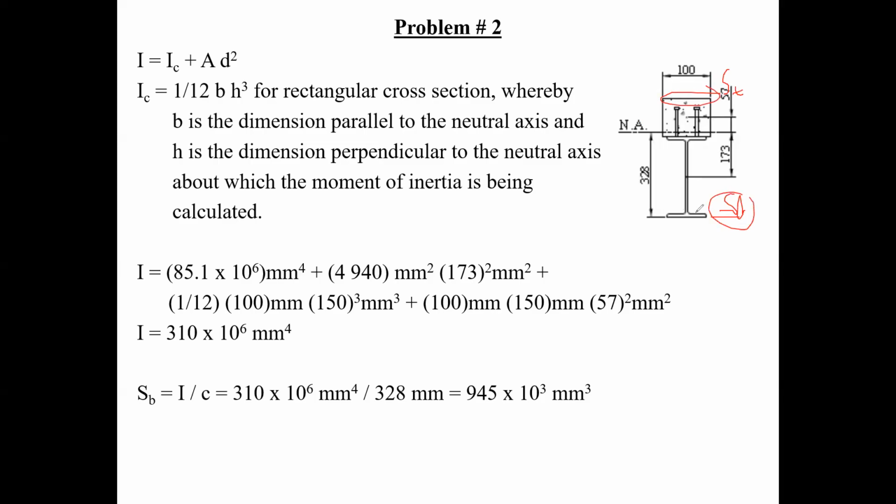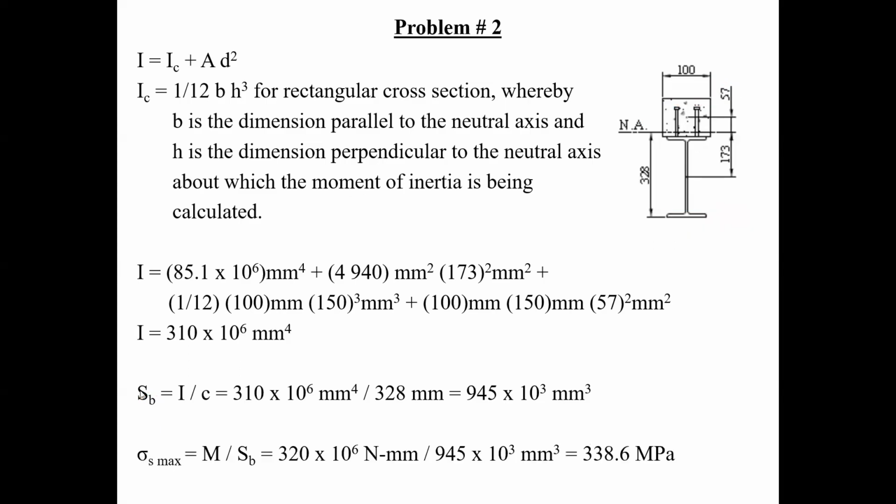And of course, as I want to know the one for the steel, I would only calculate the SB, okay? That's why I put a subscript B. It's only when the neutral axis has a line of symmetry that you have only one section modulus, but in this case, this one would have two of them. So now, the maximum stress, of course, is your bending moment divided by your section modulus, and therefore you end up getting